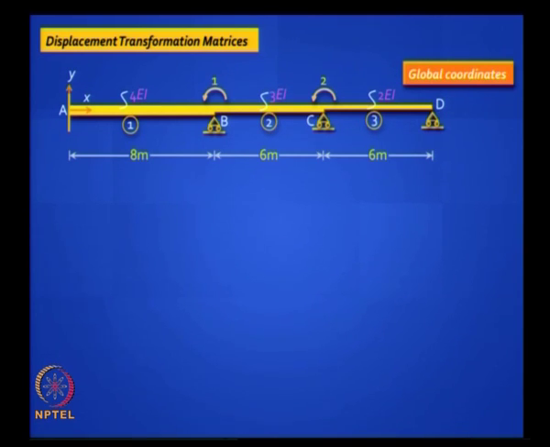Okay, so you've got global coordinates here. We agreed that we'll have only 2 active degrees of freedom, 1 and 2. At the end D, what should you do? Leave it in peace. Don't put a curled arrow there and give it a number, because we are not interested in that rotation. We don't want to know theta D, because we know the bending moment at D is, in this case, 50 kilonewton meter.